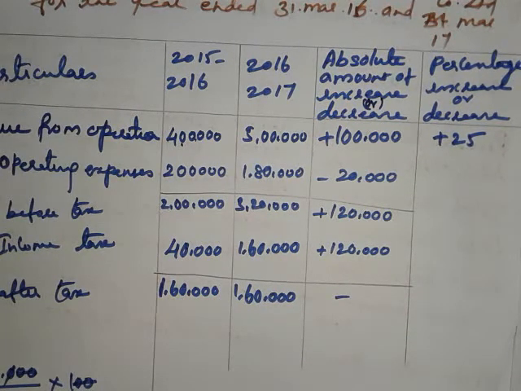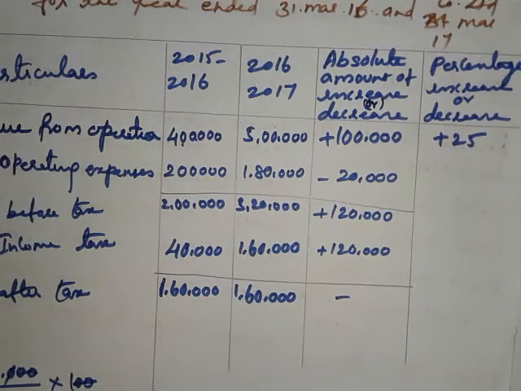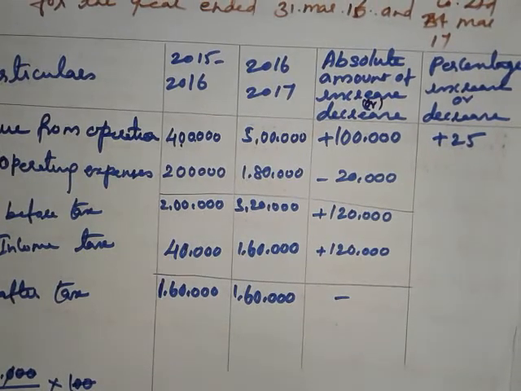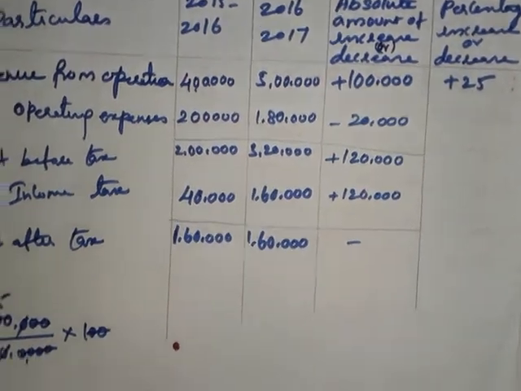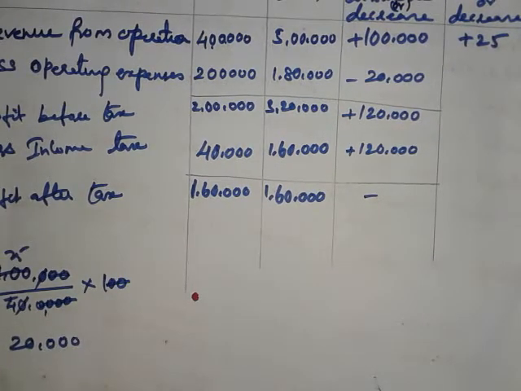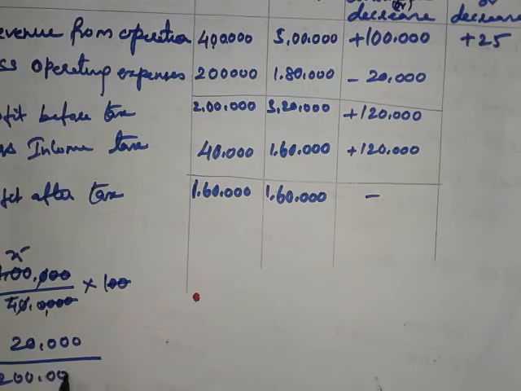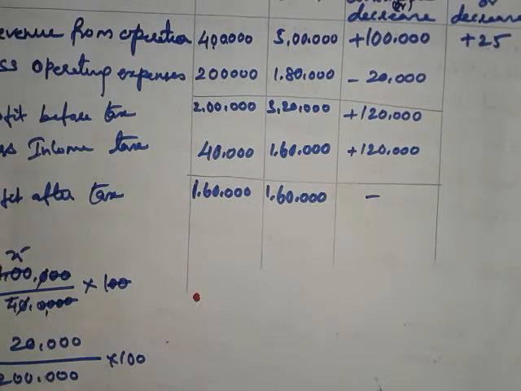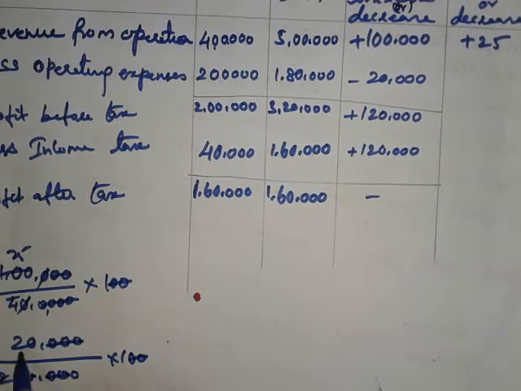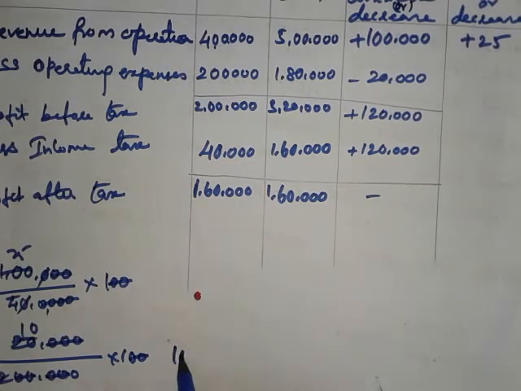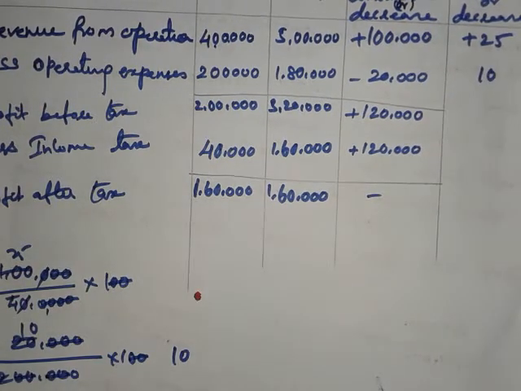When we come to the operating expenses, first year you get 2 lakhs, second year is 1,80,000. So there is a decrease amount, that is 20,000. When we compare to the profit, see what happens when we put the percentage here. 20,000 divided by 2 lakhs into 100, we will put, right? If we keep this 0 here, and this 2 here, then what comes? Look, click. This is 1 0, that is 10. You make 10 here. Plus or minus, that is minus, a decrease value of 10.